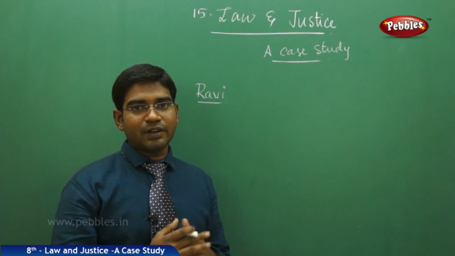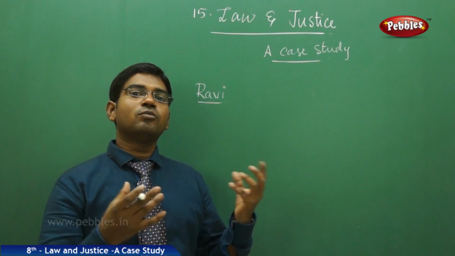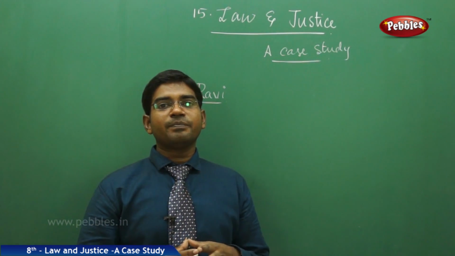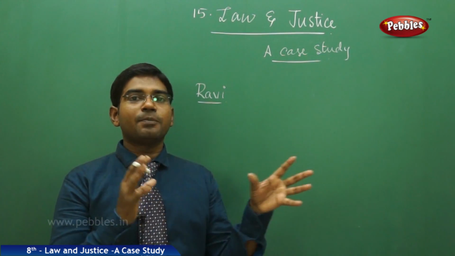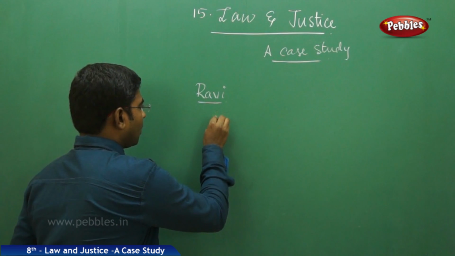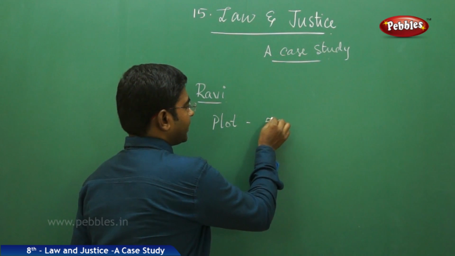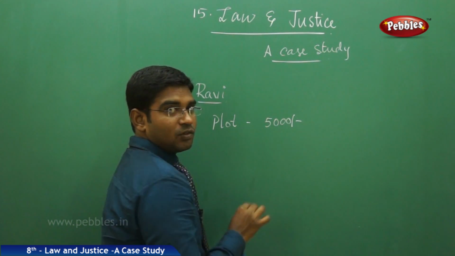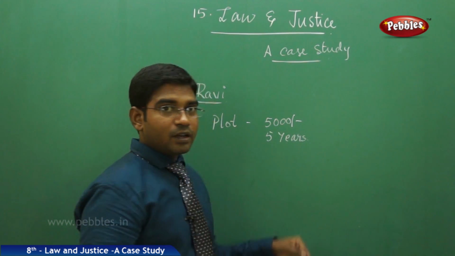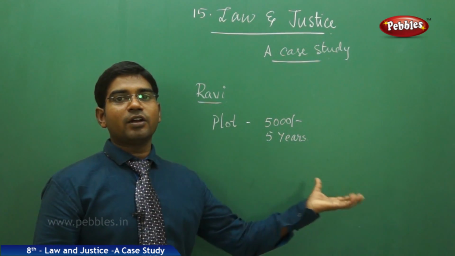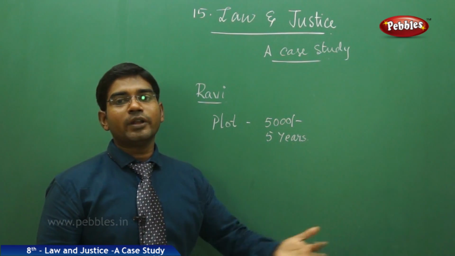For example, we have a large piece of land. He decided to make it into 10 parts and sell it to 10 different people so that he can get more profit. For this intention, he gave an advertisement in the newspaper stating that every person who wants to own a plot can pay a simple amount of rupees 5,000 for a term of 5 years. Then he can own a plot in the allotted place, which is very easy for a common man to dream of and own.